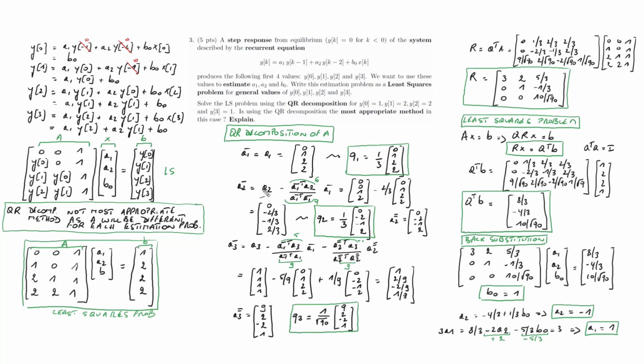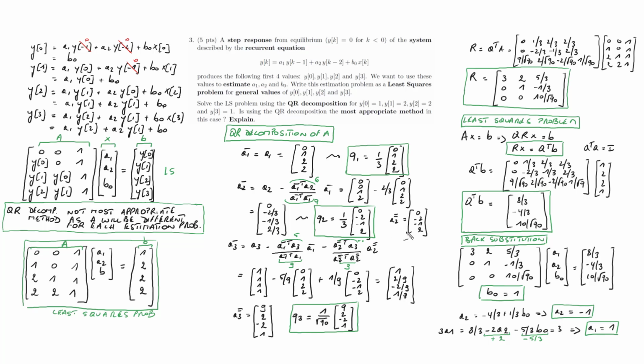Then we take the second column of A, and what we have to do is subtract its projection on the first vector, right? And then we end up with this vector over here, which is by chance normalized, right? What we'll do to compute A3 bar is not work with this one over here, because this one contains thirds. This will make the computations complicated. We'll work with this one, which is in the same direction, but which is not normalized to 1,